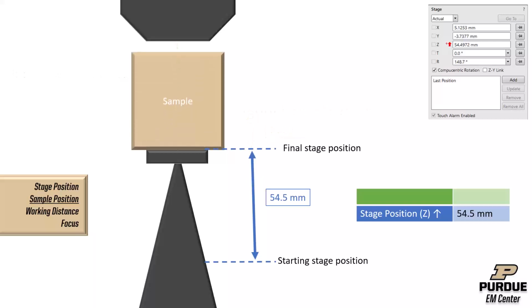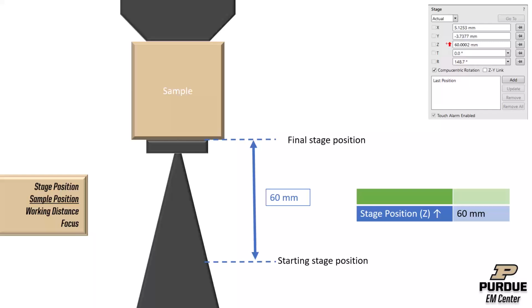For example, if I put in a sample that's quite tall, I can make a small movement in the stage position that's actually quite dangerous to the microscope. So for example here I'm starting at 54.5 millimeters, and we can see that there's only a small gap between the sample and the pole piece. The microscope doesn't see that right now. All it sees is this large gap between the stage and the pole piece. So if I request a relatively small change to go from 54.5 millimeters up to 60 millimeters, the microscope thinks that's perfectly safe. But what actually happens in reality is I run into the pole piece with my sample,